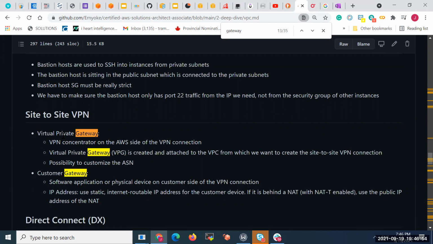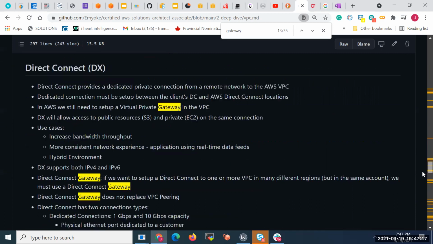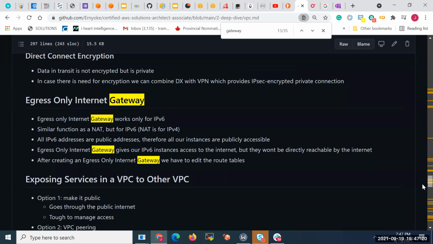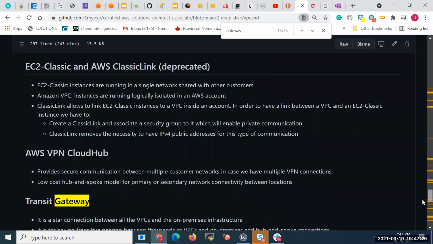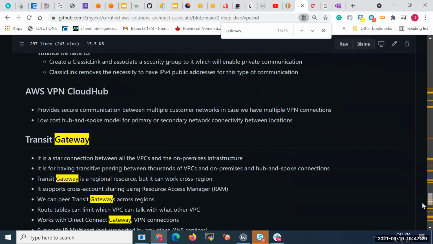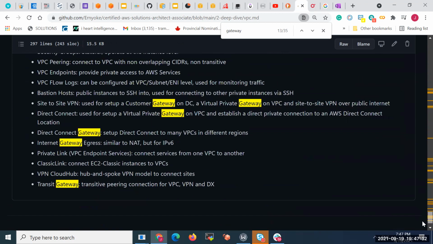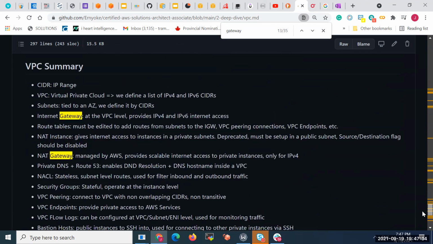So what I would suggest is you list down the different gateways, and next to each one you list the purpose of the gateway. It will help you remember and not mix them up. Similarly, you should list down NAT and NAT gateway and how it's different from other services. Having something to compare and contrast will help you a lot when studying networking, because this is the hardest component. And as you can see here, like transit gateway, NAT gateway, Direct Connect, internet gateway. So all of this here.